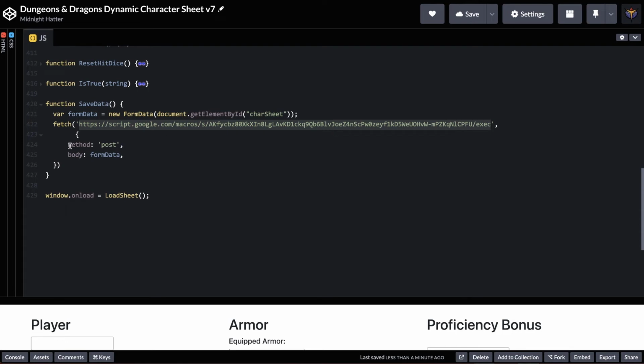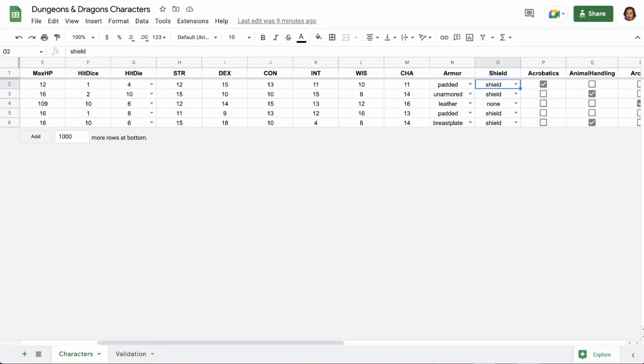And then we are going to do a method post, which means we're going to post that form data, and the body of the post is going to be the variable form data that we just created. Now, this part doesn't make sense yet because we haven't gotten into that fun stuff. So let's hop back over into our Google Spreadsheet, and this is where we're going to set things up so